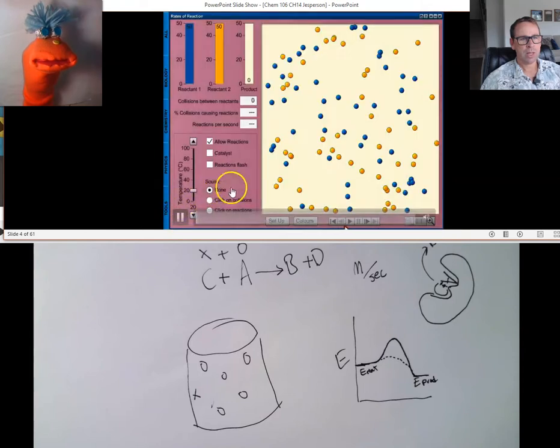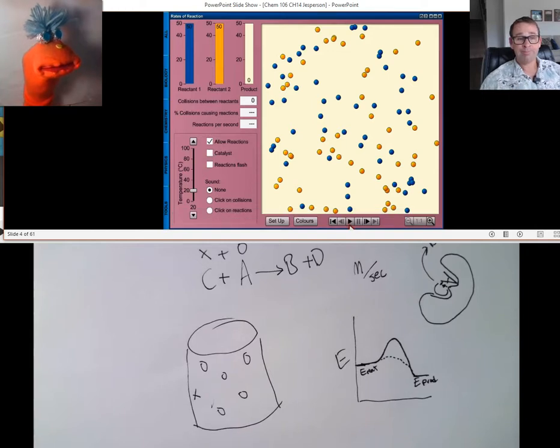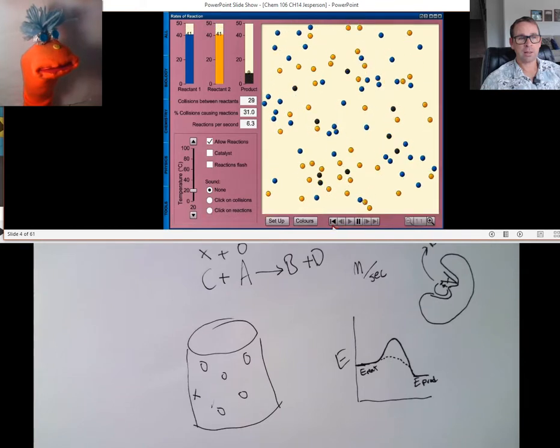Let's watch this video. This is a video of reactions occurring. Here we have orange balls and blue balls, and they're reacting together. And right now we have 50 orange balls, 50 blue balls, and no product. Okay? We can control the temperature. We can change different things. And this is out there on the internet. It's nice and fun to do. There's other scripts like this that you can see the effect of the different parameters on the rate of the reaction. If I push play here,